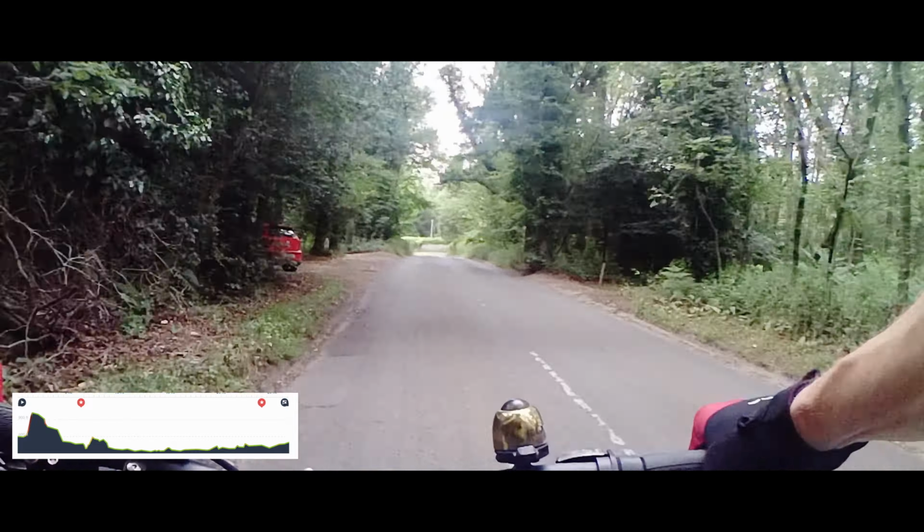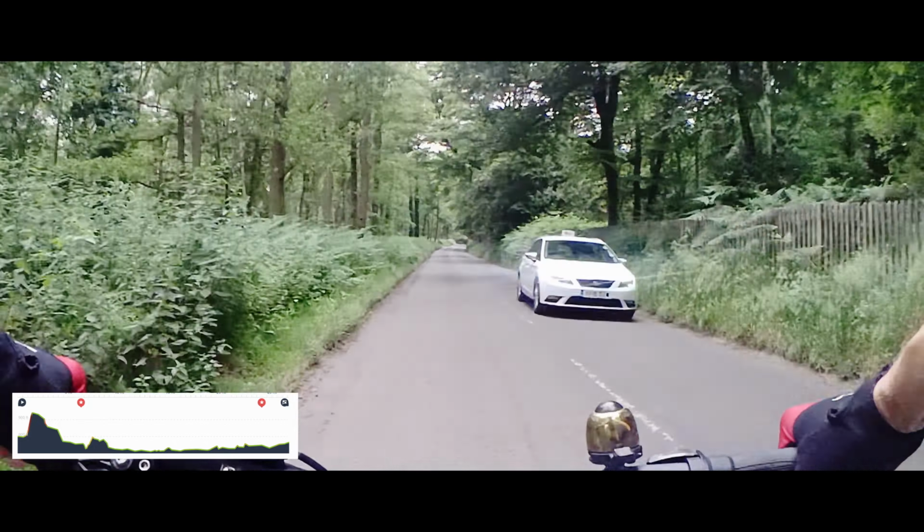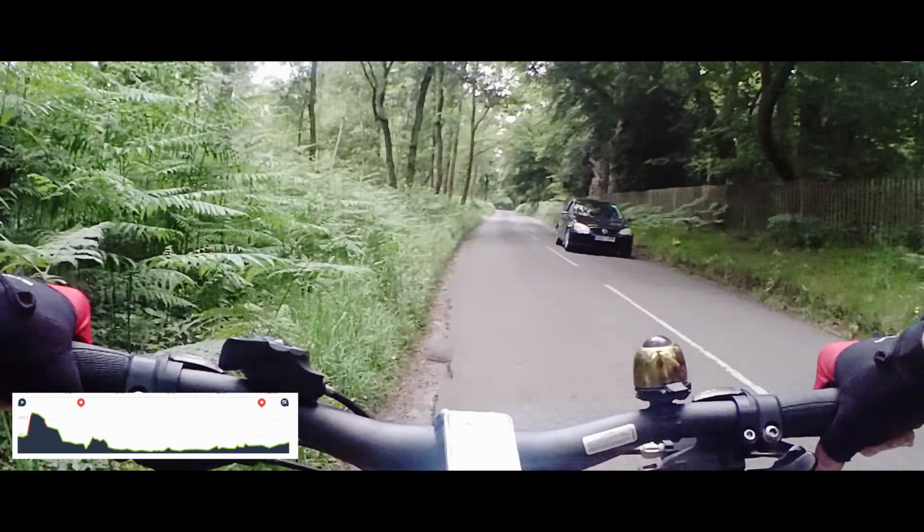This is a beautiful straight road, and we didn't really encounter much traffic at all down here, even though it's a little bit larger than some of the other ones we've been on. Very quiet. And then we're going to turn right here into the village,